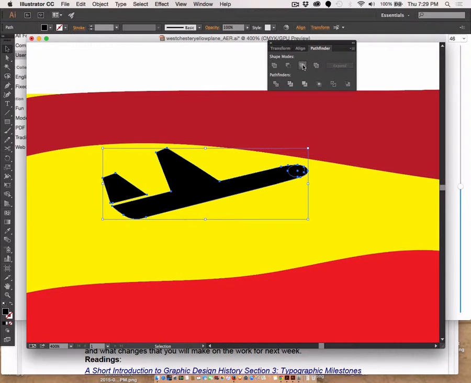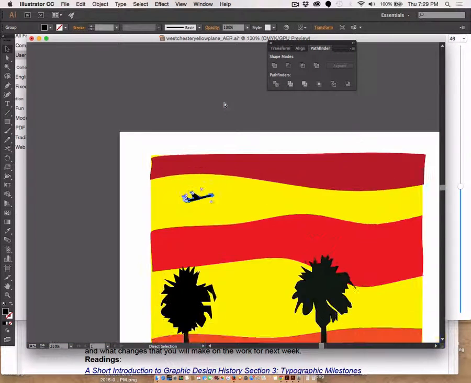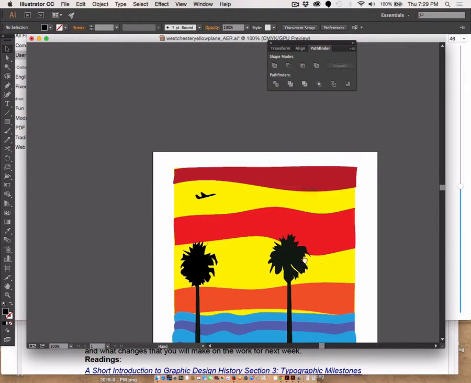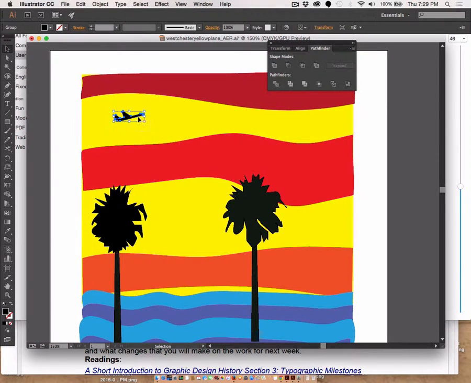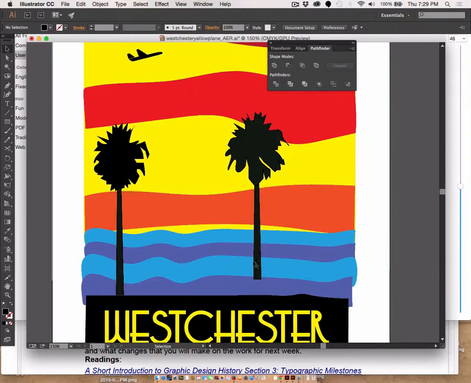Pathfinder. Now, finally, I will make this into one thing. So now it's merged, so there's no extra pieces. I don't have to worry about things sliding around anymore. And I think this plane could be about that big. It's the idea of a plane. All right, maybe a little bigger, but not a whole lot. Like that. Okay. And then for the remaining palm trees,